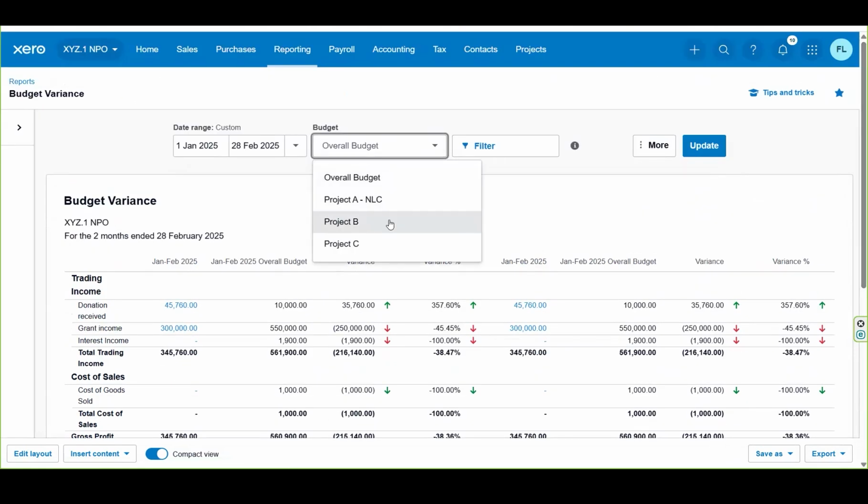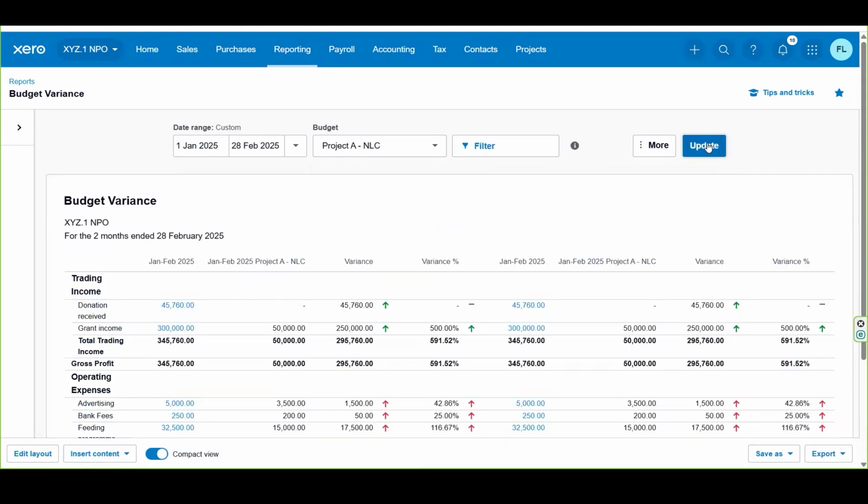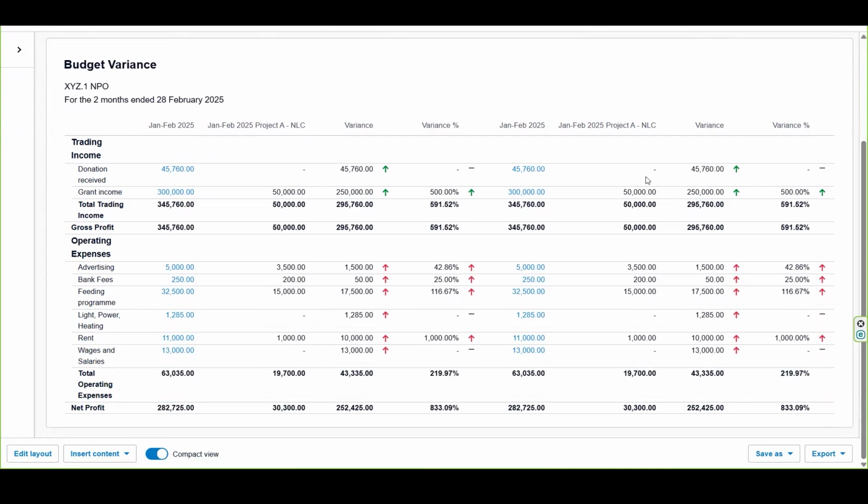And if I update it, you'll see for project A itself, I've actually received donation income, but I had no budget for that. And my grant income is a lot more than what was budgeted. So if we're looking at this project A, we've got a profit of 282,000, but we only budgeted 30,000 for year to date, right? For January and February, we're over the budget in terms of expenditure, but we are also over the budget in terms of what we had budgeted for the income, right? So that's how you would run your different types